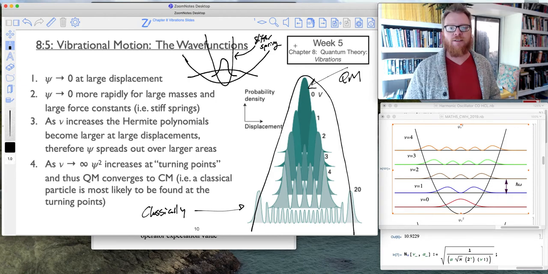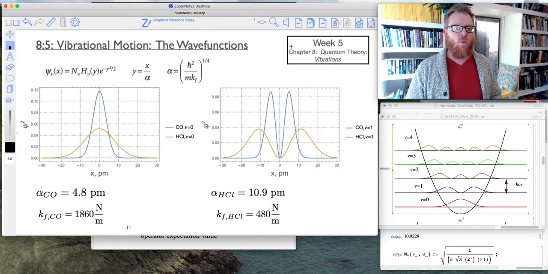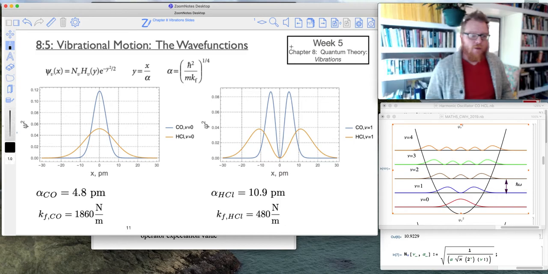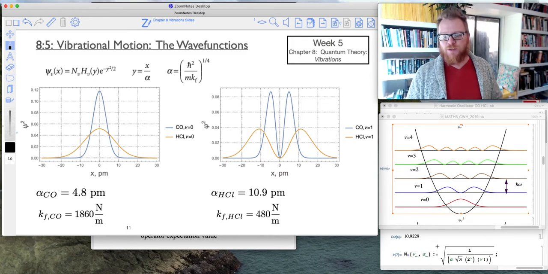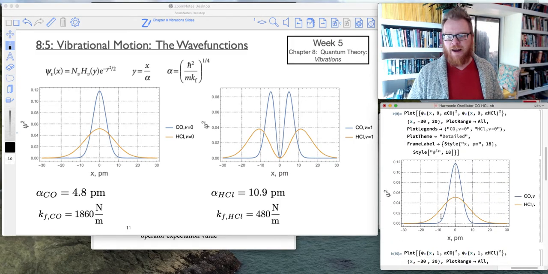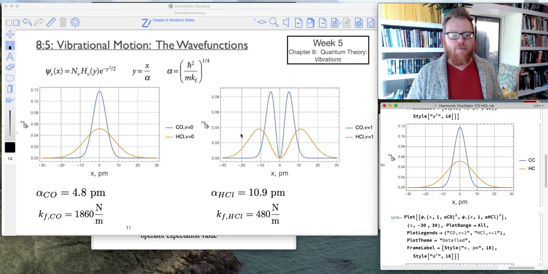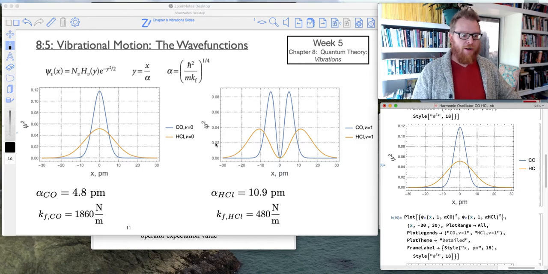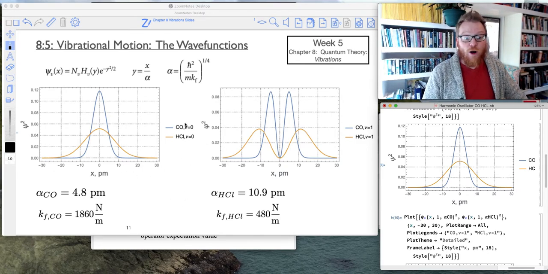Cool practical examples. This is a little outside of what the book goes through, but I wanted to provide you with some actual cool manifestations of this. So here I'm going to have my calculation and the graph up here side by side. What I've done here is calculate the wave function for carbon monoxide and HCl using the harmonic